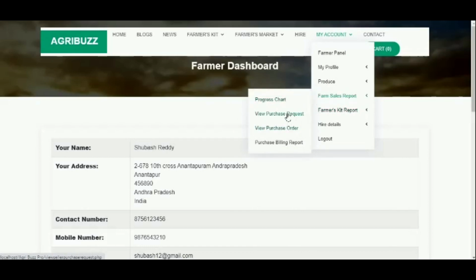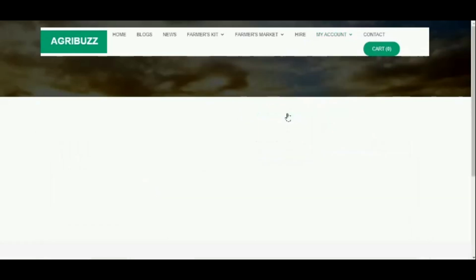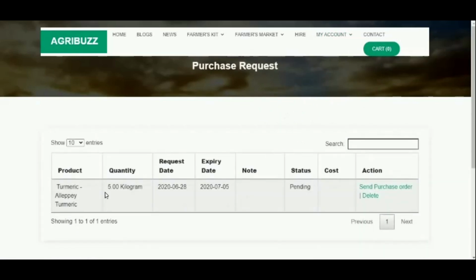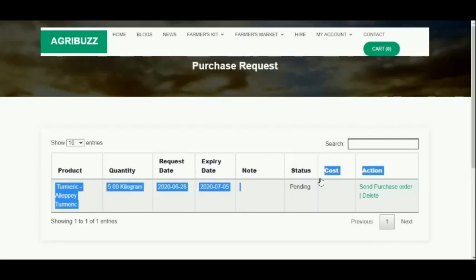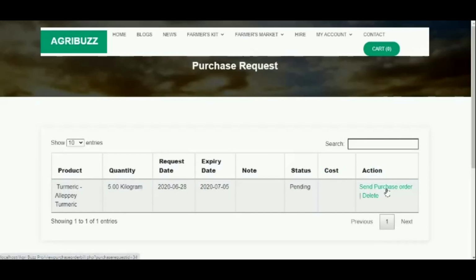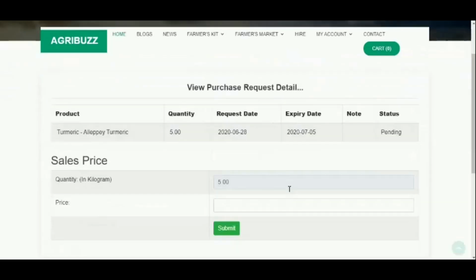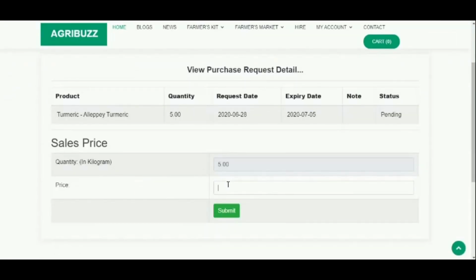Farmer can view the purchase request under view purchase request, and they also have the action send purchase order, and we can see the status as pending. On clicking on send purchase order, farmer can view the purchase request and they can add the price for the produce they want to sell.